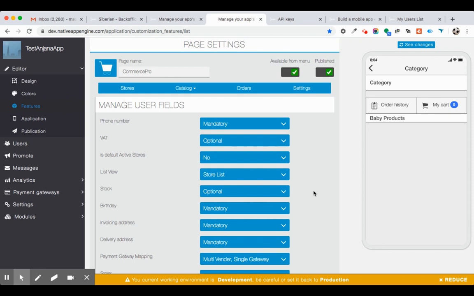And we are working aggressively on this, on Commerce Pro, marketplace, and the social network model. We have done so many features and improvements in a couple of months. And in the next 1 or 2 months, we are going to add many features that you suggest. And we have planned many things.